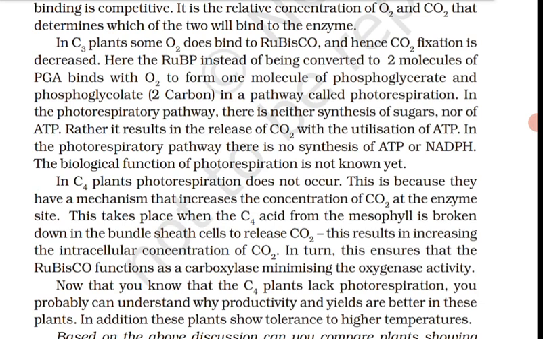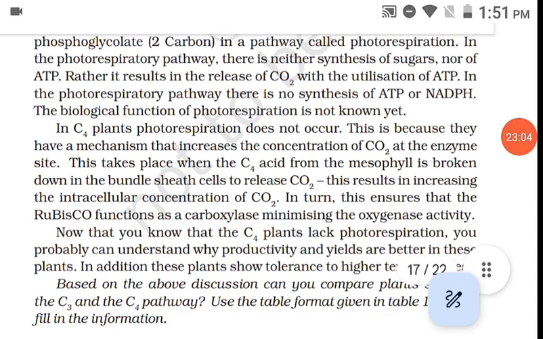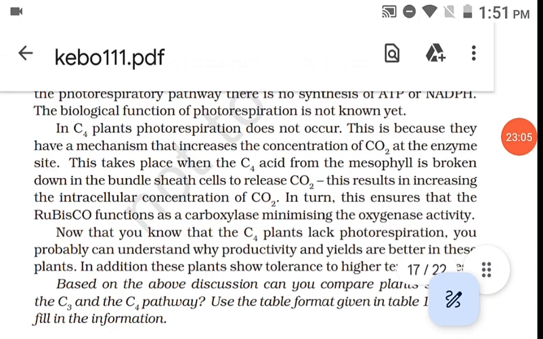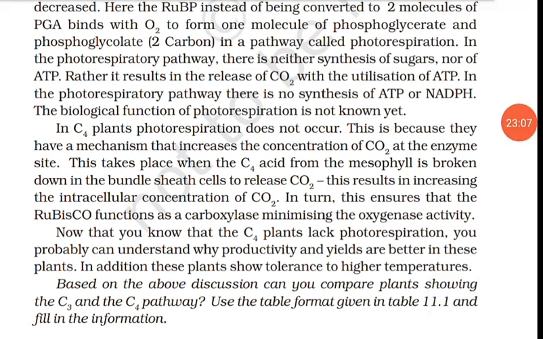आगे समझना. So the next is, what is the primary CO2 acceptor? C3 प्लांट में है RuBP राइबुलोज बिसफॉस्फेट, और C4 प्लांट में है PEP फॉस्फोइनोल पाइरुवेट। नंबर ऑफ कार्बन्स इन द प्राइमरी CO2 एक्सेप्टर, C3 प्लांट्स में होते हैं 5 कार्बन, और 3 होते हैं C4 प्लांट में। अंडरस्टूड? ठीक है।